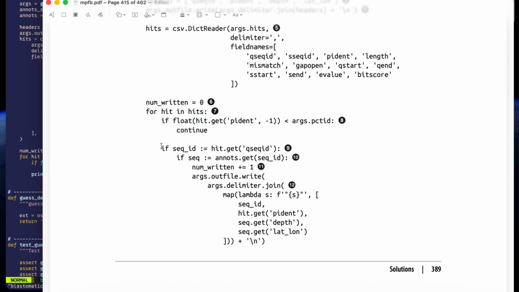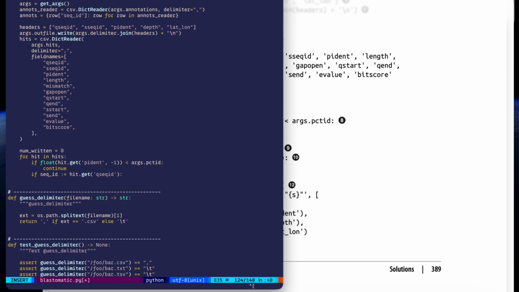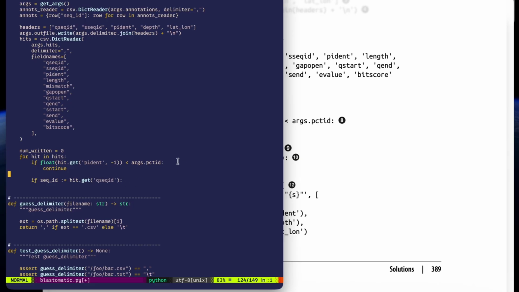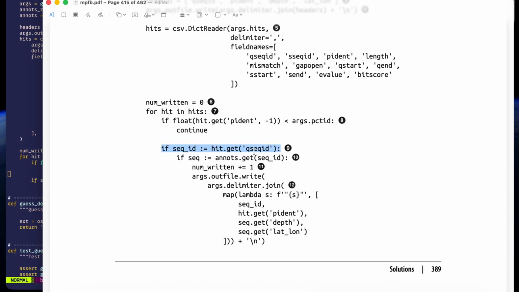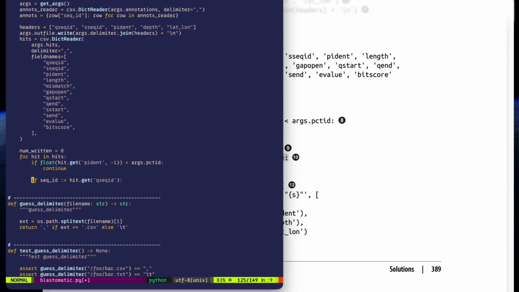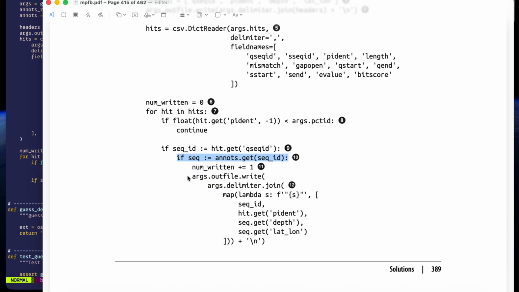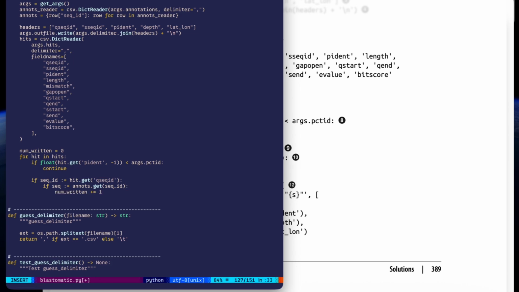So now I'm going to use the walrus operator again to say if it's possible for me to get a query sequence ID out of this record. This would just handle badly formatted input data or maybe just missing data or something like that. So if I can get a query sequence ID, if I can then take that sequence ID and go over to the annotations and get a record for that sequence, so it's a second if, then let's just say I'm going to increment num written for now, and then